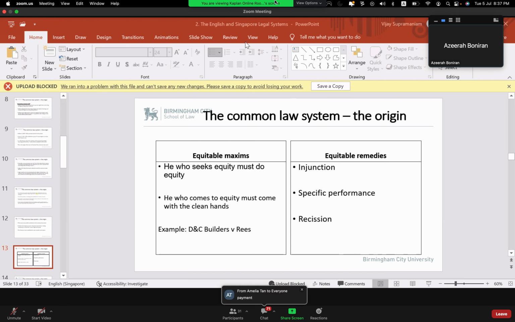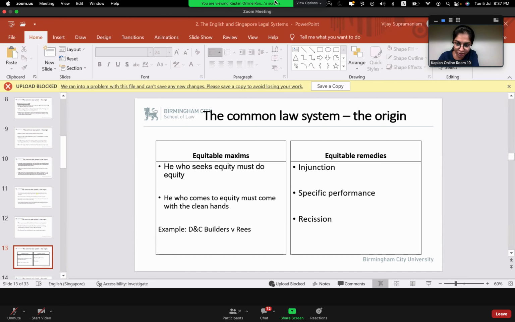They actually owe the builders a balance amount, but because of the quality of work done, they did not want to pay. And because of this payment, it will lead to DNC going bankrupt. But DNC, maybe they negotiated between them and he accepted a lesser amount, but pursued to file a claim against Mr. and Mrs. Reese. So I think this is a contract issue.